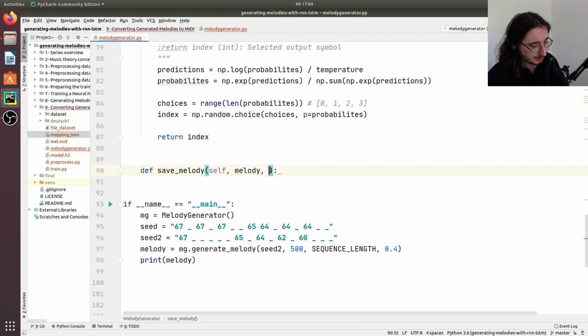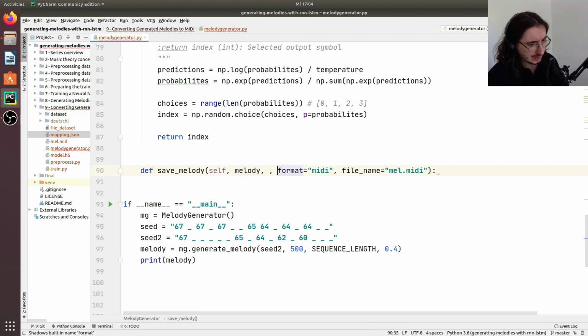Then after that we need to specify a format, and we'll default this to MIDI. This is just the music representation file format that we want to use. As I said, we'll default this to MIDI, but it could easily have been something like MusicXML or Kern, for example. We also want another optional argument that we call file name, and this is just the name of the file where we'll store the melody. So let's put this